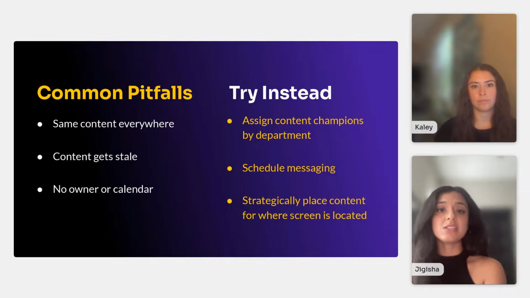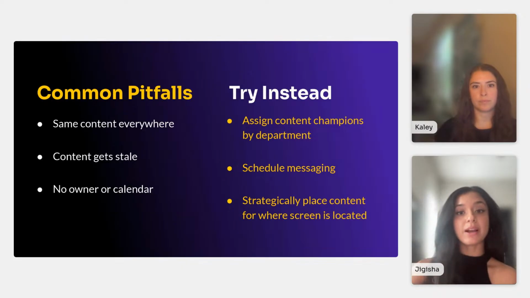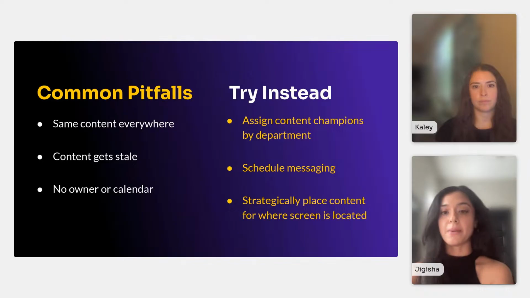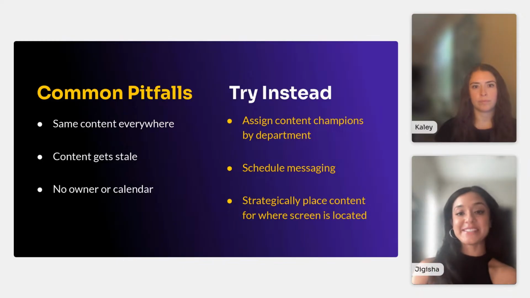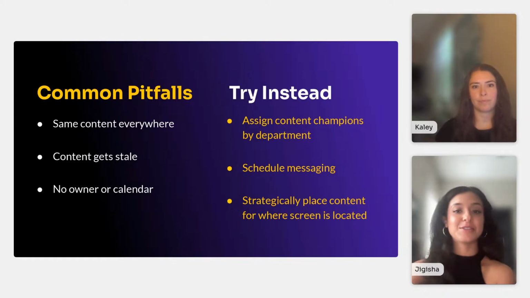So let's say you give a content champion within sales and they try to put in content that really represents their team and gets it out there about what they're doing day to day. So then they know, oh, I can look to the screen and be recognized, or I can find content that's relevant to me, but then you're increasing awareness throughout the company about them. Again, schedule messaging, making sure that your content is relevant for when it's happening. So let's say that your warehouse employees have a 9 a.m. health and safety meeting every Tuesday, making sure that during that time you have scheduled health and safety reminders to really back up what is being told to them.